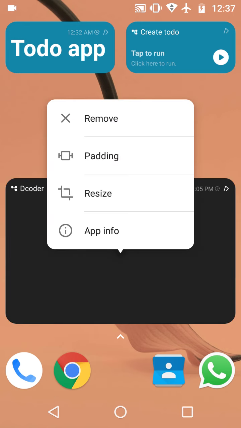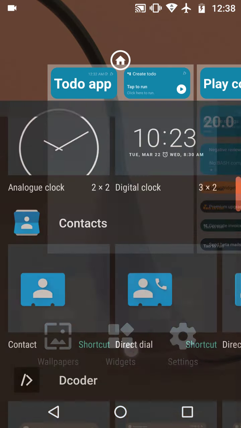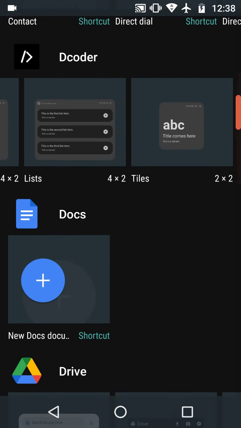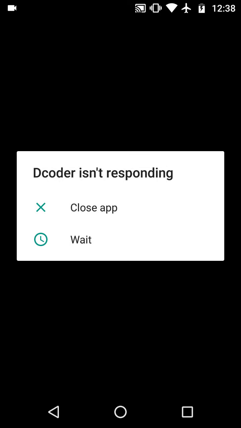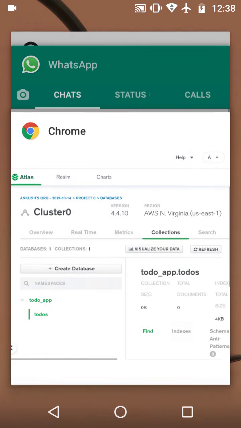Okay, looks like there is some issue. Let's edit again. I think I clicked it twice, so it got unlinked. Okay, seems like some problem with the app.